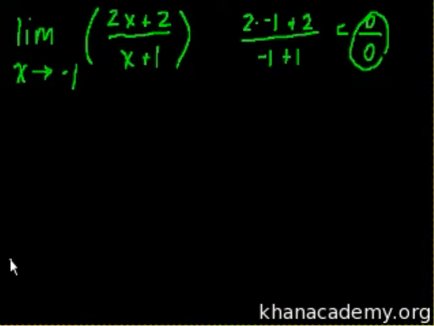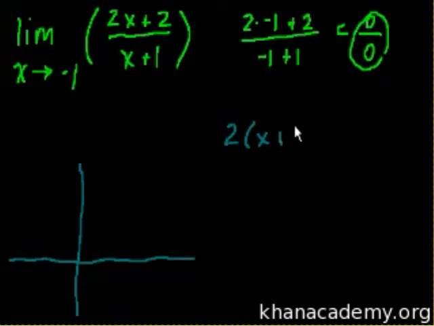So if I draw a graph, so these are the axes. Actually, probably I'll do the graphical and the analytical at the same time. So I want to rewrite this expression in a way that maybe I can simplify it. 2x plus 2, isn't that the same thing as 2 times x plus 1? 2 times x plus 1, right? 2x plus 2 is the same thing as 2 times x plus 1. And then all of that is over x plus 1. So as long as this expression and this expression don't equal 0,